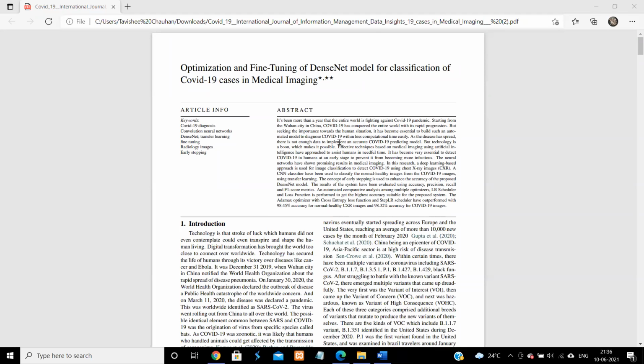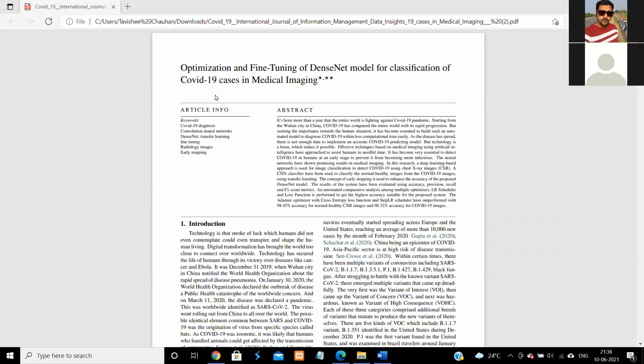Hi everyone. Today I'm going to explain to you how we have to write a research article. I'll explain it by taking this particular paper in mind. So let's have a look at optimization and fine tuning of DenseNet model for classification of COVID-19 cases in medical